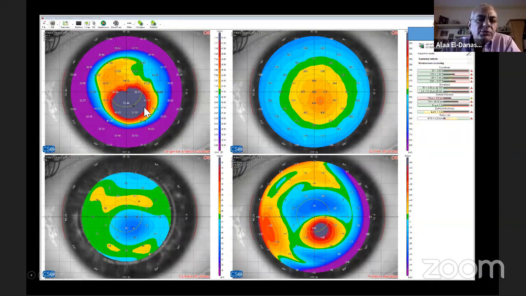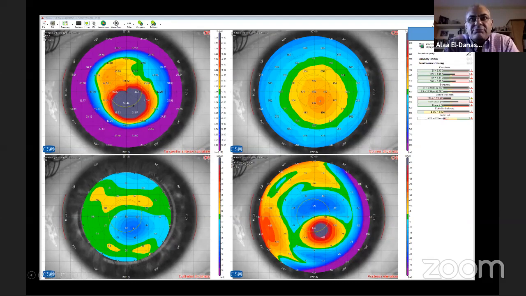Here, I just wanted to show you in a clear case of keratoconus, you're going to see matching with the four maps. So the anterior surface shows definite steepening, the posterior surface shows definite elevation, the corneal thickness shows definite thinning, and the epithelial map shows clear thinning of the epithelium over the apex of the cornea. So there is no challenge in this case, and you can actually diagnose it maybe on the slit lamp without even a topography. But the challenge comes with such cases,